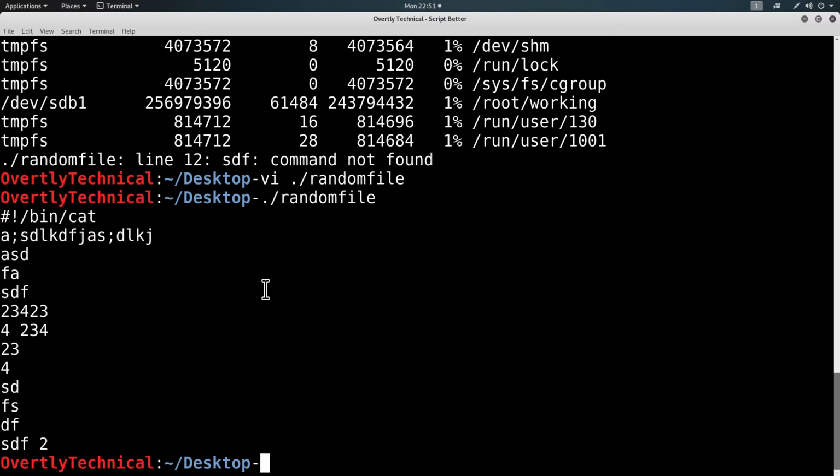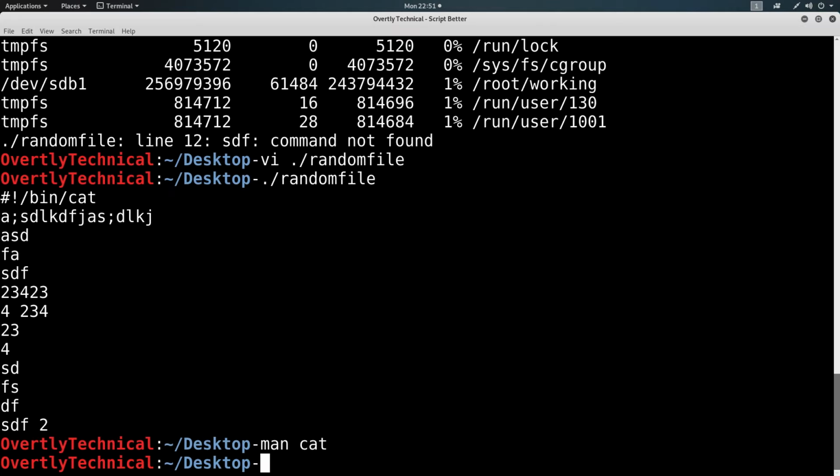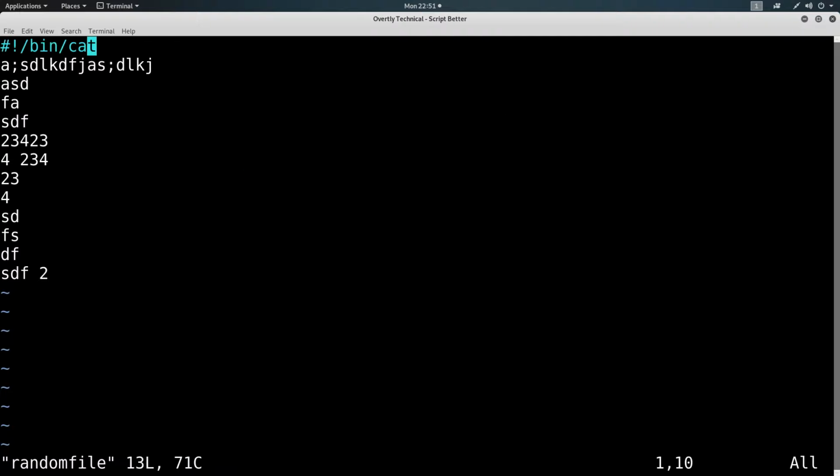So if I use something like man cat, you can see that there are alternate arguments that you can do. One of them is dash n, which numbers the lines, so Q to quit. If I go through it by random file, I'm going to get back into this file, and if I were to add a space dash n, right, to the same line, it is now modifying the actual program, bin cat's behavior, to use whatever cat's dash n argument will do.